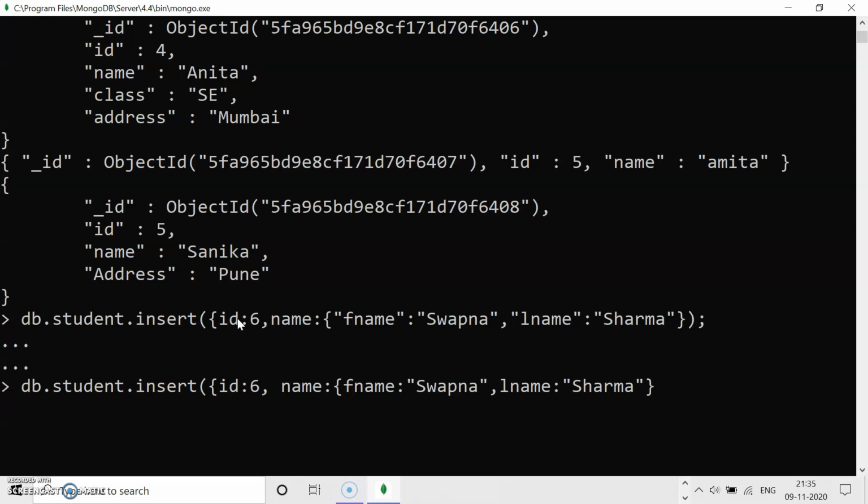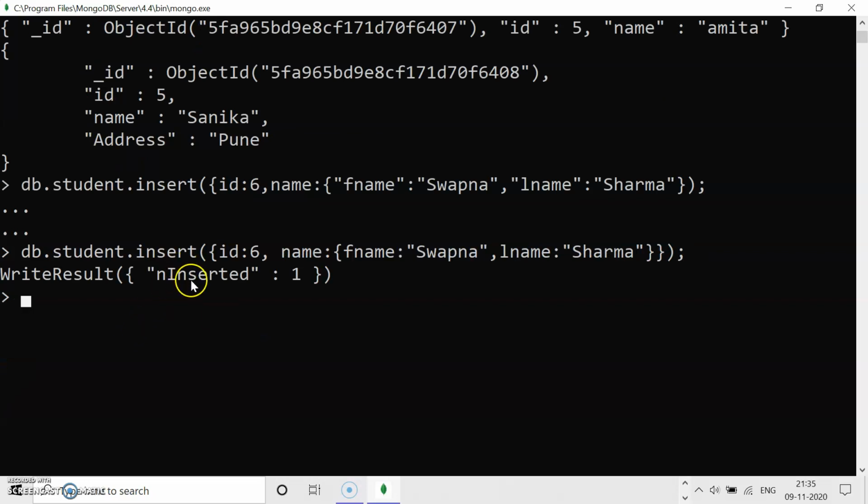Then this brace is completed for this object, and then the closing bracket. So here you can see one document is inserted in the student collection.